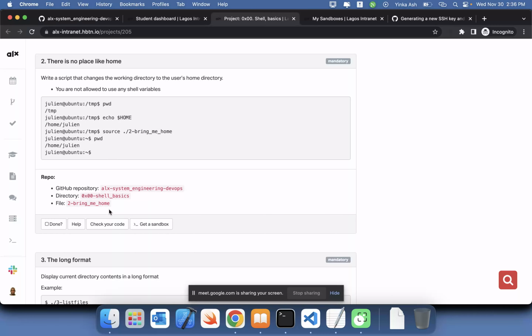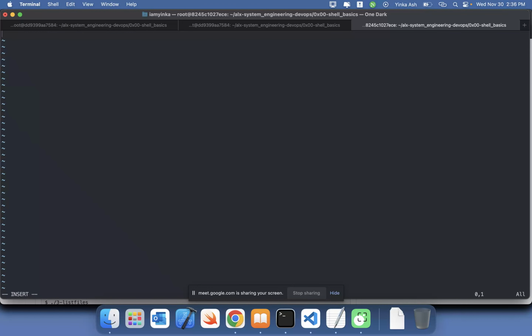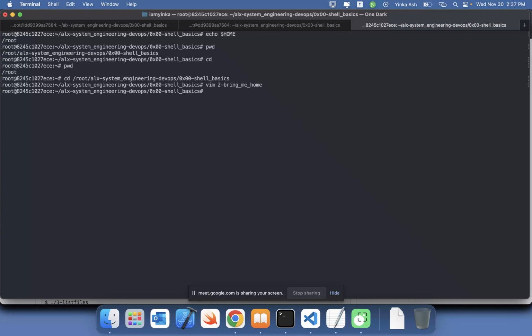So now the file that I want to run is this. I'll go here and do vim, then insert mode, then shebang, bin bash again, and then cd, and that's about that. So save that, and then you want to change the mode. It's very important. You want to change the mode of the file to bring home. Okay, so if I run it now, it should take me back to